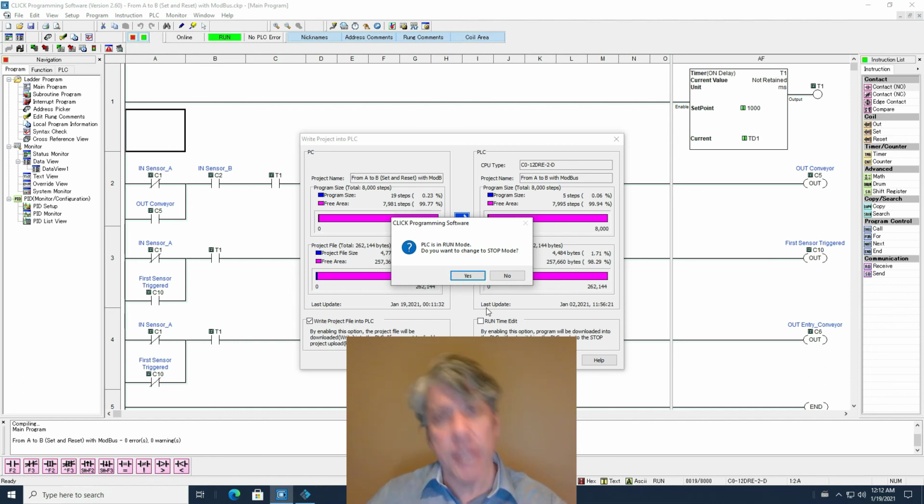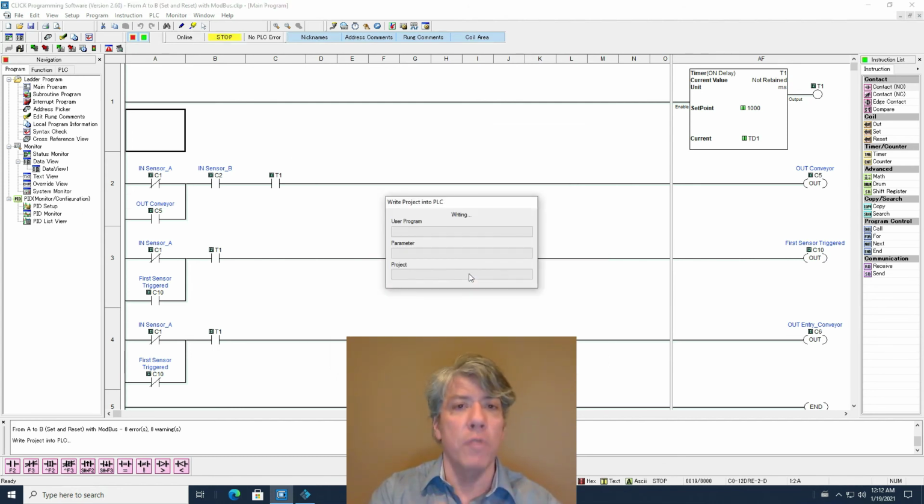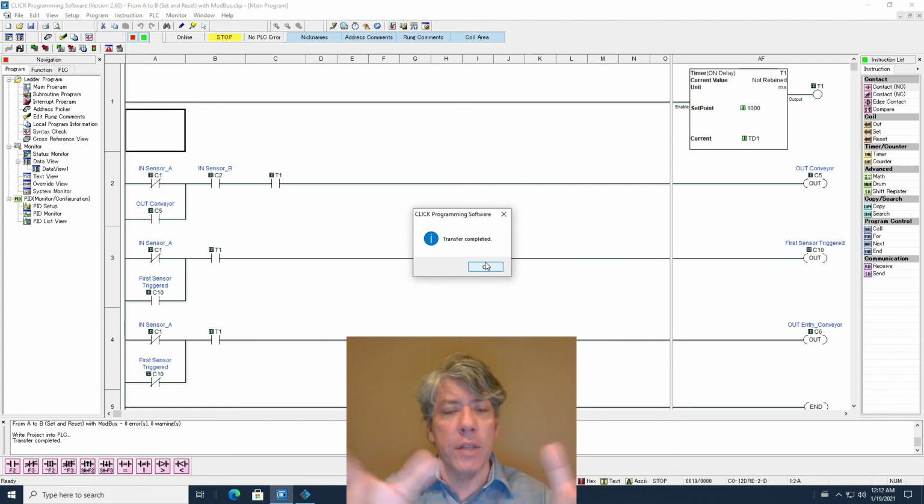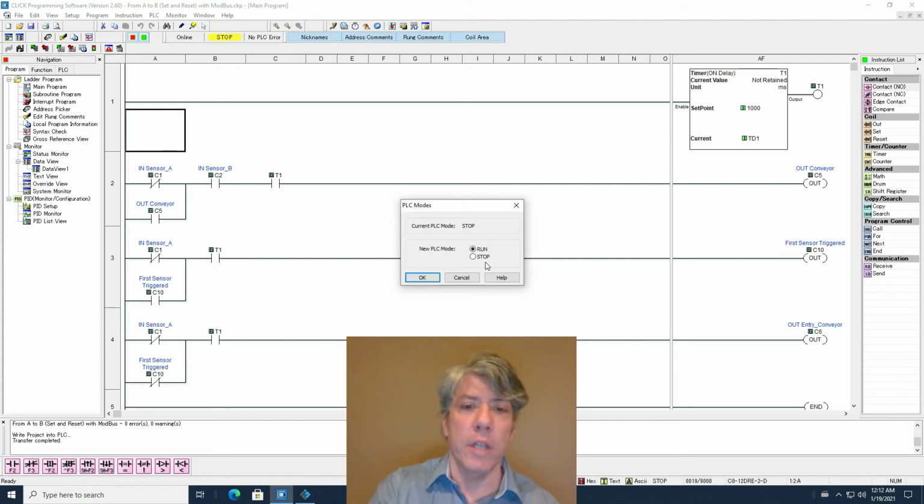So right now on that physical PLC in New Albany, the switch is in run mode, but I'm going to change the PLC to stop mode in software by hitting yes. So you notice up here the PLC is stopped. The transfer is complete. In other words, this program in the software is now copied over into the PLC,